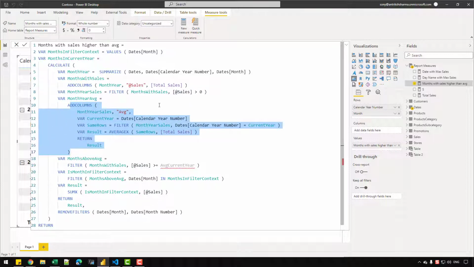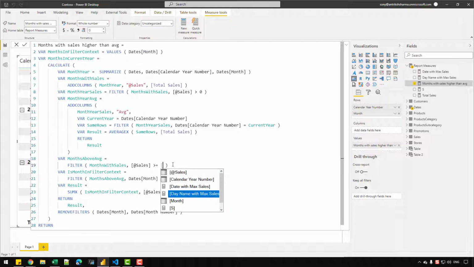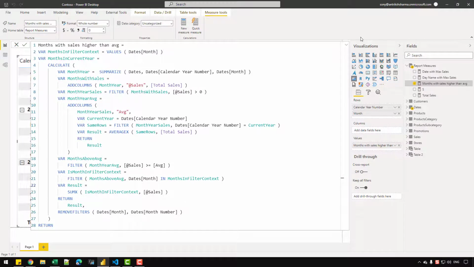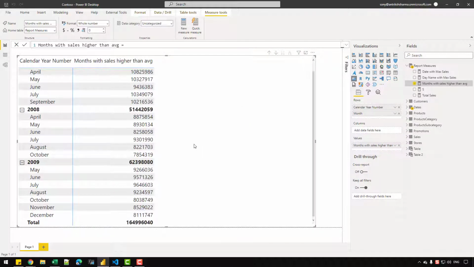this part as well. So we are now filtering here, we are actually adding the average sales amount, and in the next variable we are checking that sales amount should be greater than the average of the current year. So average of the current year here is the variable, but instead of that I can simply replace it with the average column. So let's first of all reference the correct variable, and let's write average, and I think it should work now. Let's confirm the measure to see if we are actually getting the correct value or not.